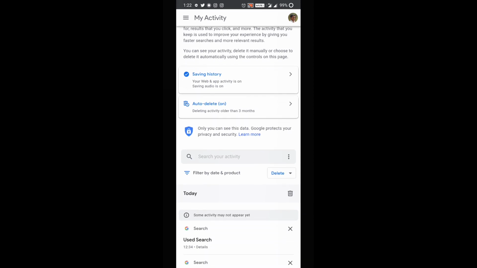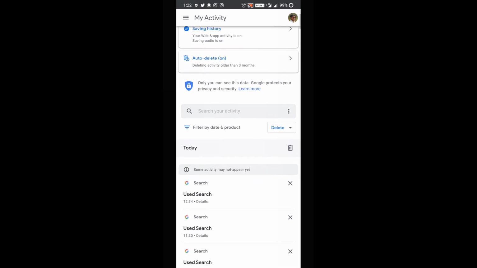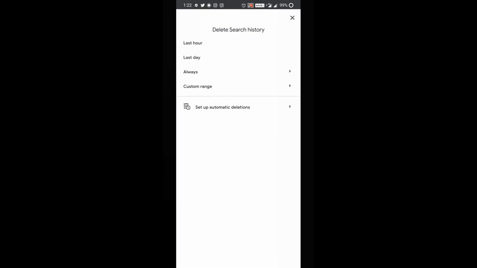If you scroll down a little, you can see filter by date and product. By selecting the delete option, you can delete search history for the last hour, last day, or always, or we also have a custom range option.